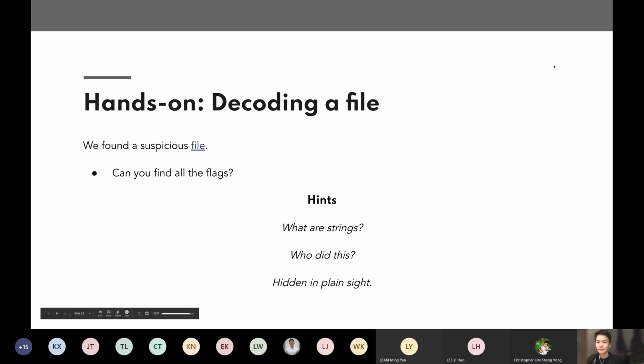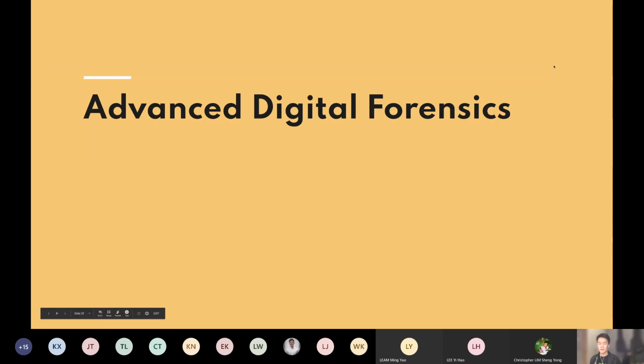But okay, so for the last 20 minutes of the workshop, let's put it at 10 minutes. Essentially, I'm just going to be talking about some more advanced forensics methodologies to give you an idea of what's possible. Now, we can't really cover these topics now because they take a lot of time to learn, and within an hour, I don't think you can cover all these things. But if you're interested, you can always approach me or approach the White Hat seniors. We have a lot of seniors who are very into forensics